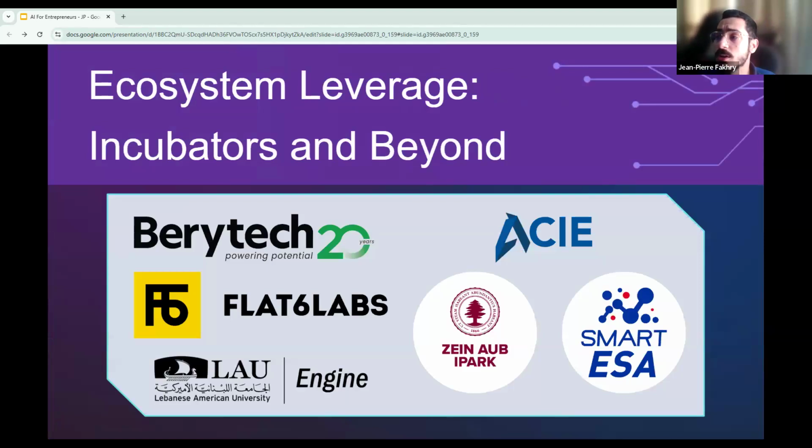Now, a bit of discussion here about Lebanon, since we are all here from Lebanon. Lebanon has a growing startup ecosystem. We have organizations like Berytech, for example. We have programs tied to universities, like USJ, LAU, and iPark. They all support structured programs for early stage founders. Regionally, there are programs like Flat6Labs, Astro Labs, and MIT Enterprise Forum. There are a lot of these that provide access to mentors, investors, peers, and so on.